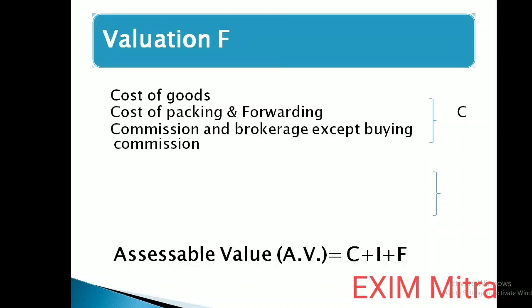In cost of goods, the value of goods, the cost of packing and forwarding, the cost of commissioning and brokerage is to be added. Many importers forget to add these costs of packing and forwarding or commissioning and brokerage, but it is wrong. For valuation purpose, the cost of goods is inclusive of the value of goods, the cost of packing and forwarding, and the commissioning and brokerage charges. Then it will be treated as C. Then in C we will add insurance and the freight, then it comes out to be CIF, that is called assessable value, and any duty is loaded on this assessable value only.